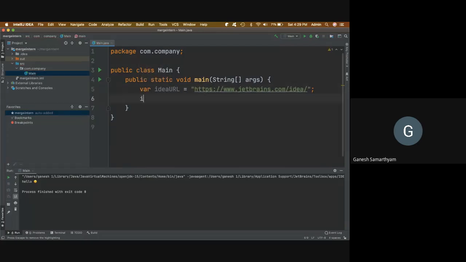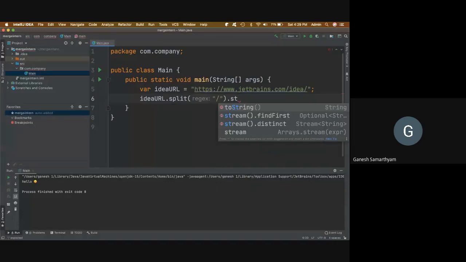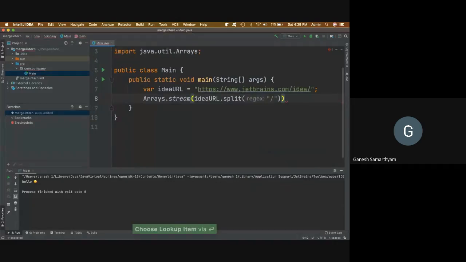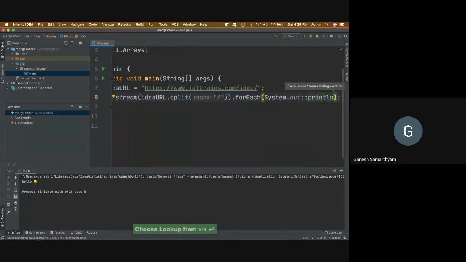right? Now idea URL dot, let's split it by, I don't know what to split it on, say backslash, and then create a stream out of it. And for each value in the stream, let's print out the value, right? Let's see if this works.